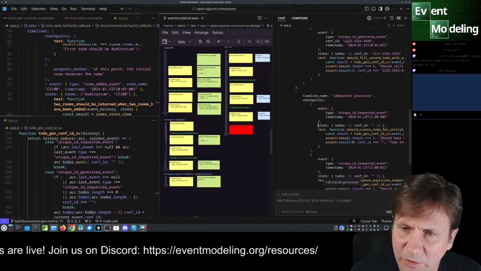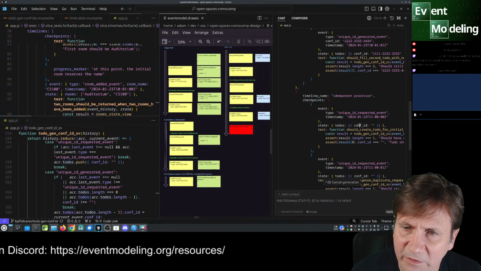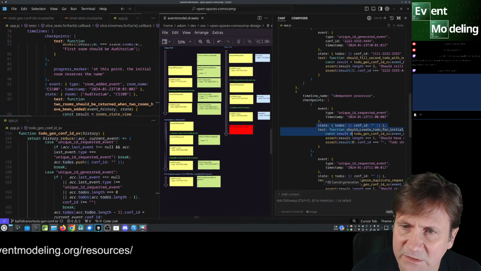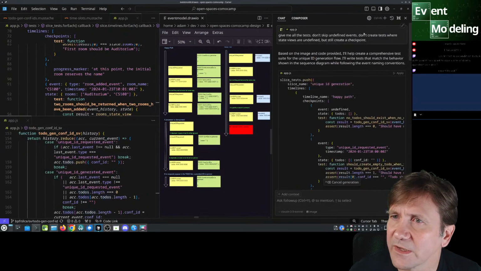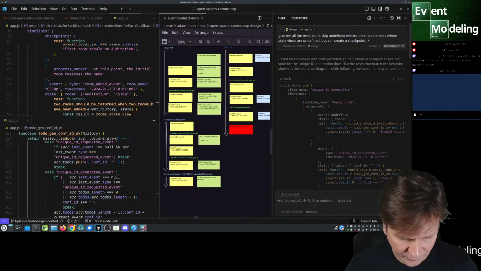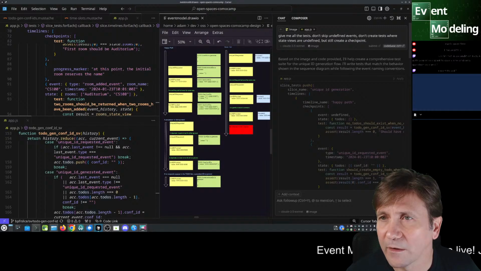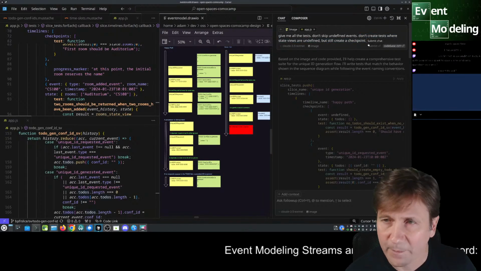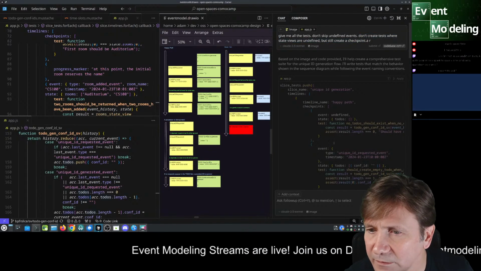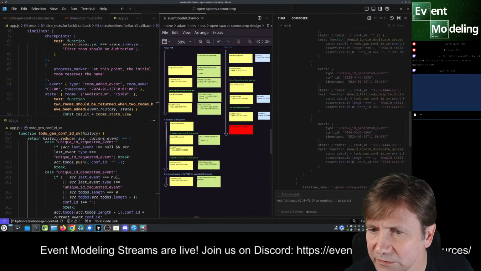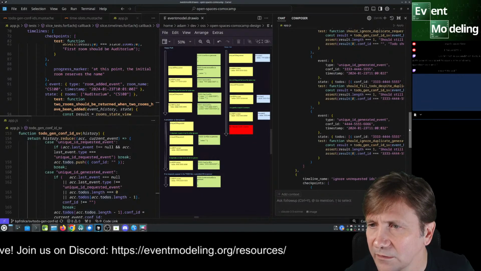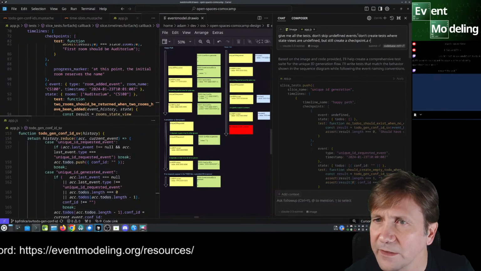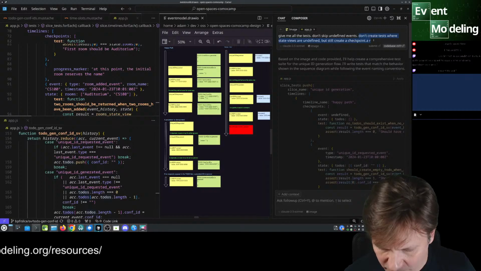No, it has no clue that it can have an undefined state and no test. So we have to say don't create. Okay. Is it still generating stuff? Why is it blank? Oh, okay. Okay, so that's not good. Don't skip undefined events works.